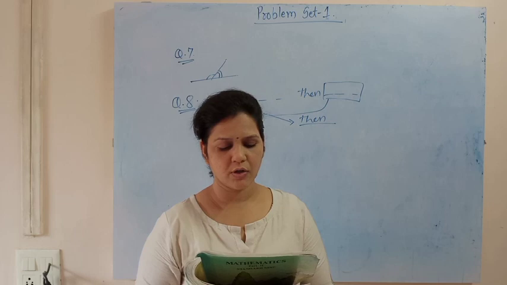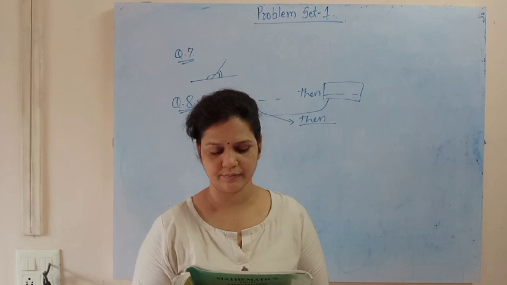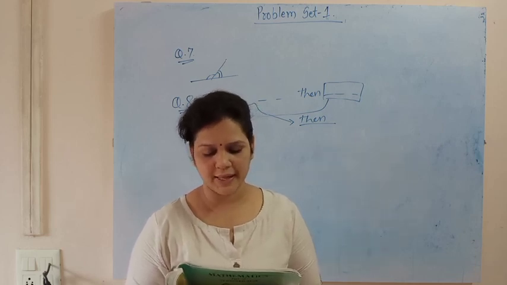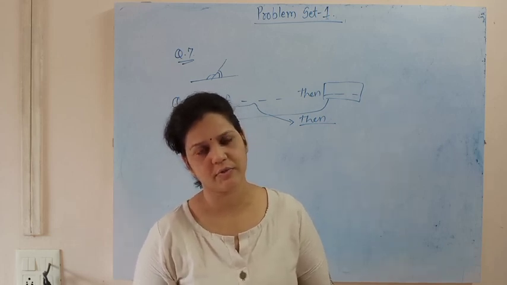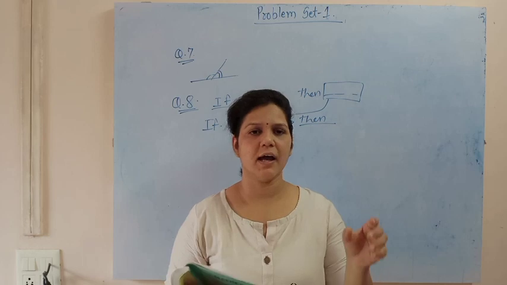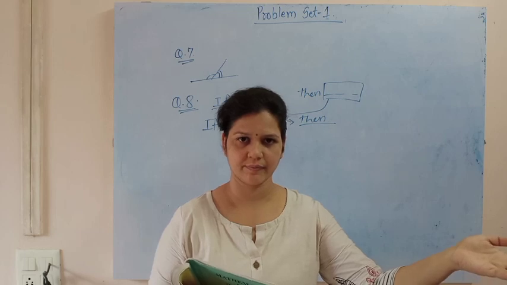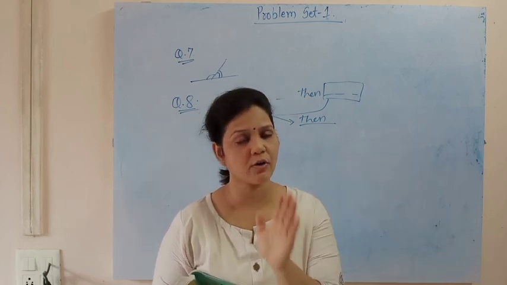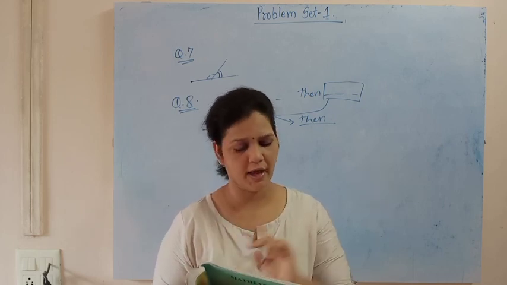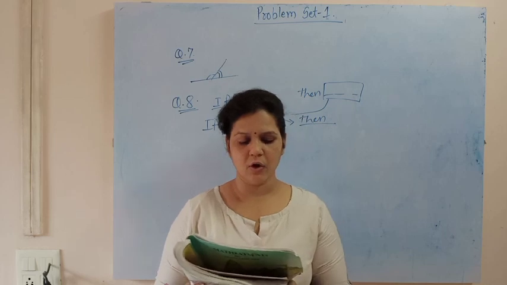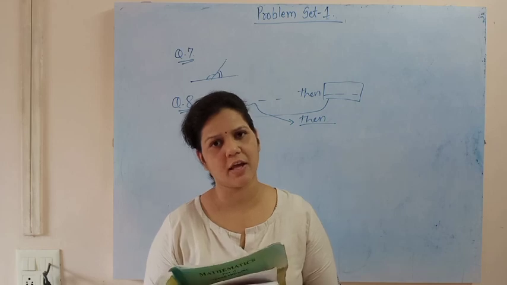Given is, see, all sides of a triangle are congruent. This part is given. And to prove, all angles of a triangle are congruent. This is to prove. That means the antecedent, that is the part of the statement which begins with if, is our given, and the part of the statement which begins with then, is our to prove. Okay, I repeat the first question. Given all sides of a triangle are congruent, to prove all angles of a triangle are congruent.